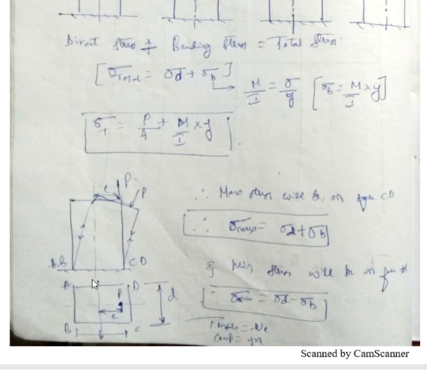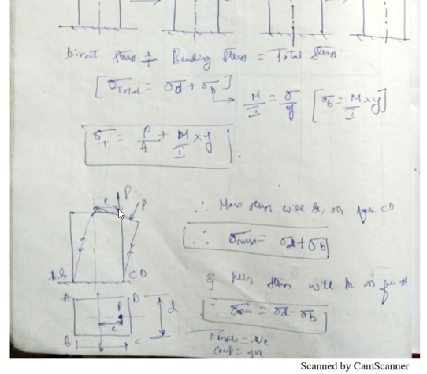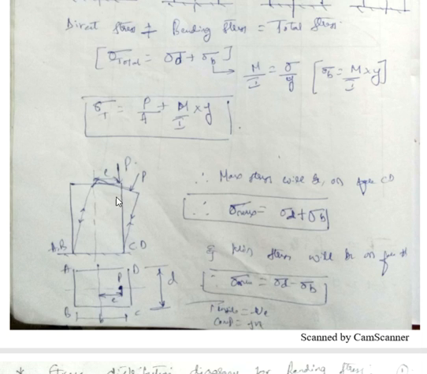Hold the pen in your hand and tilt it towards the right; it is going to tilt with respect to the y-axis. Here, this is the y-axis, horizontally is the x-axis and vertically is the y-axis. So it is tilting with respect to the y-axis, and that is why we need to take